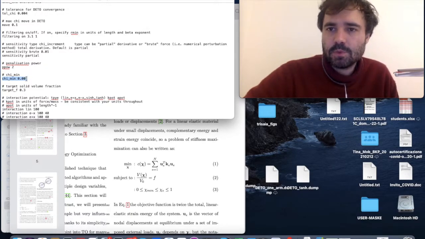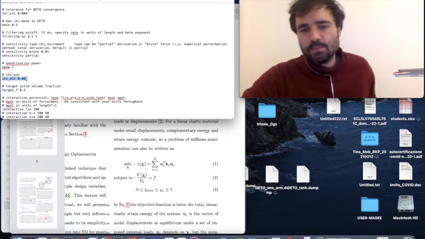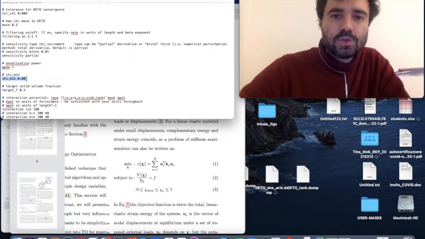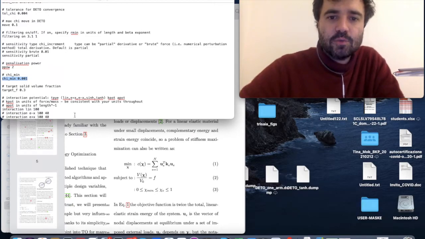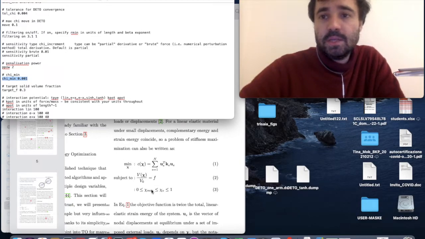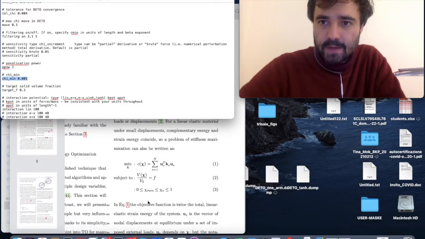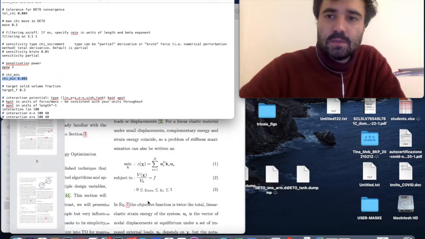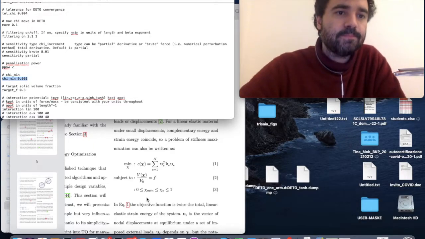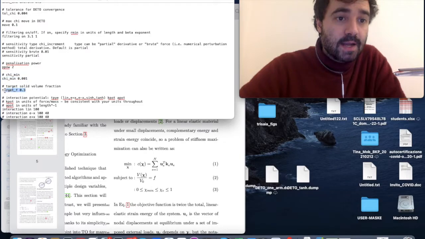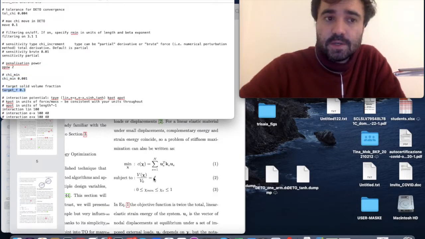Typically 10 to the minus 3 is a good value, sufficiently small to be close to 0, but also okay to avoid the problems that you have when you put Xi min equal to 0. If you were to put a 0 here instead of 0.001, then you would have numerical problems that are again described here in the manuscript. So read the manuscript, you will understand why you cannot put Xi min equal to 0, or why you shouldn't put it. Then this target F, this is exactly this F here, is how many particles in the end of